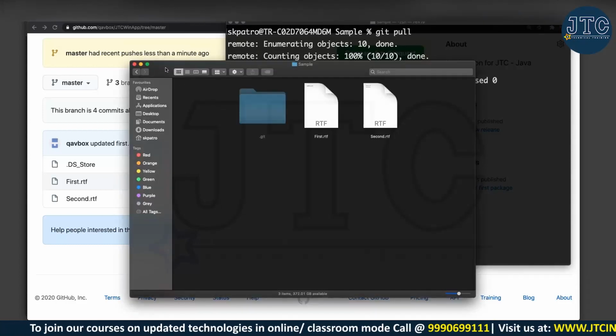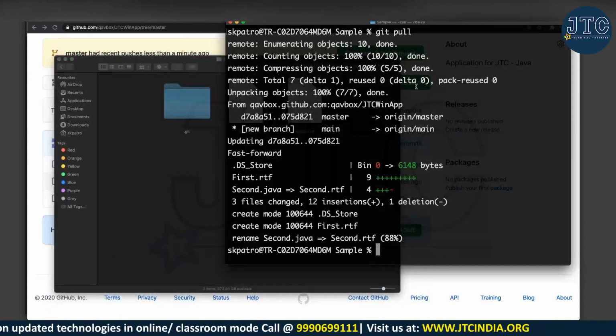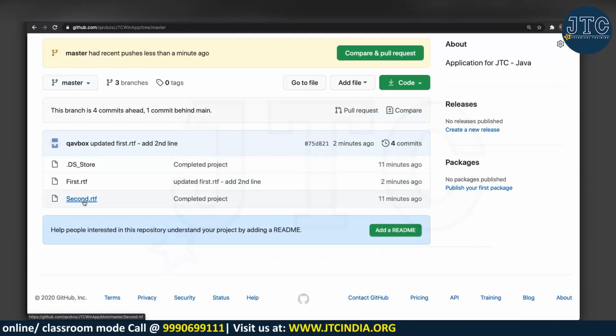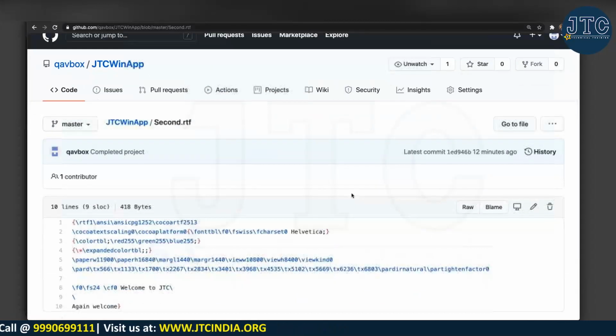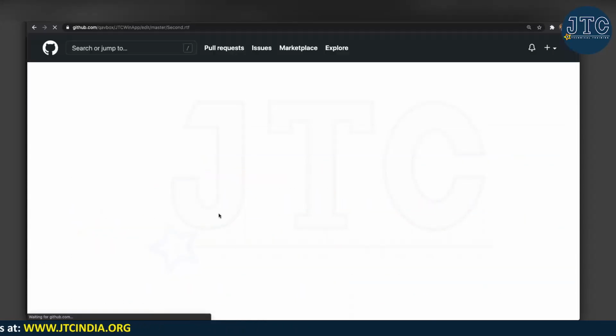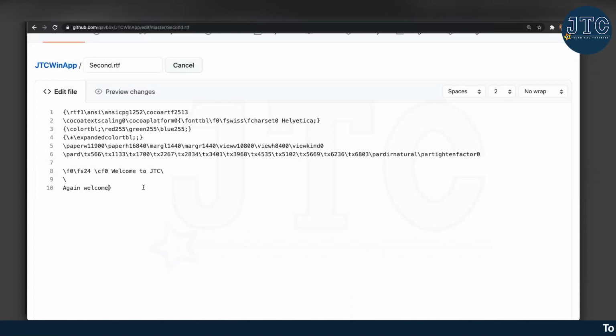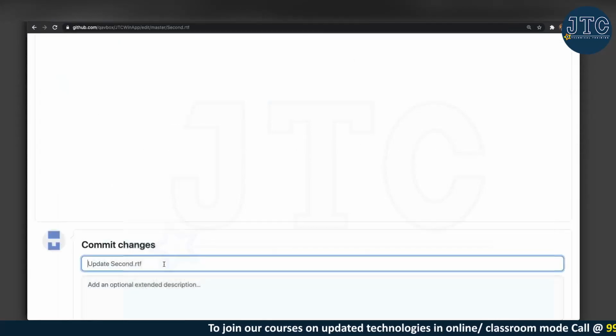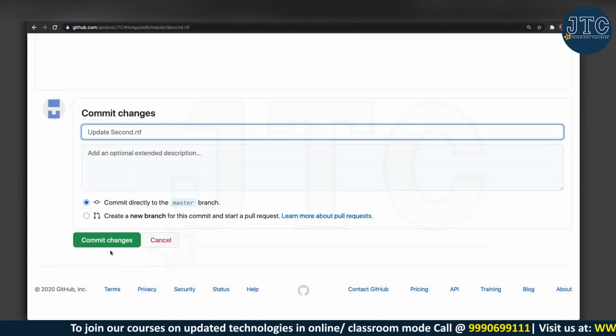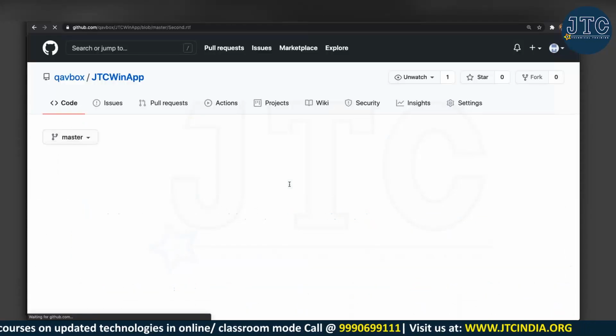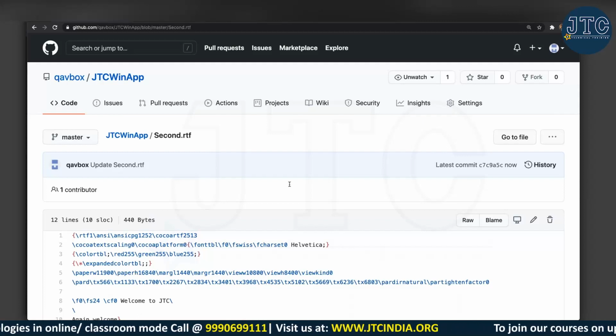Now the thing is that I did this one. Let me go back into the second.rtf, and then I will edit something. Don't worry about this funny text, I'm just writing something, and here I'm not giving any commits because it takes automatically. I already have some commits there, and by that time I have already pushed my latest. So I'm not sure what latest changes are there.